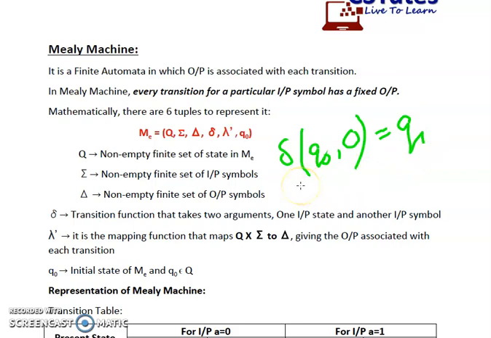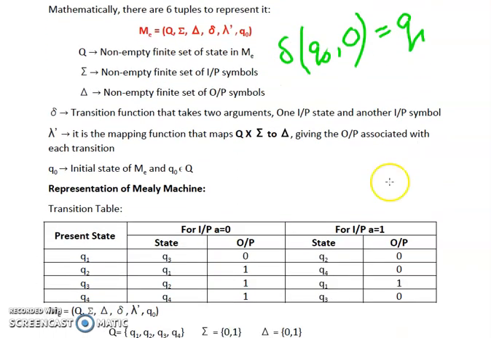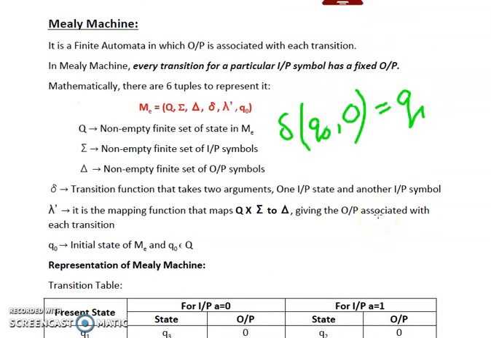As we have already seen many times in our previous videos, the transition function can be represented in three ways. We can represent it in the form of a function, that is known as a transition function itself. So this is the representation of a transition function. It can also be represented in the form of a transition table. So this is the transition table in which we can represent our transitions. Then the third representation is in the form of a state diagram or a transition diagram, or we can also call it a transition graph.